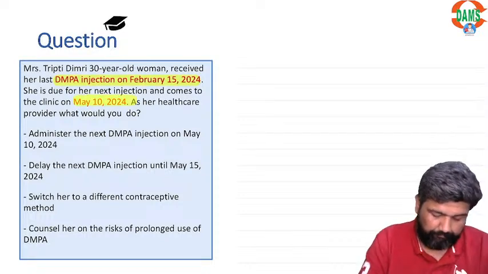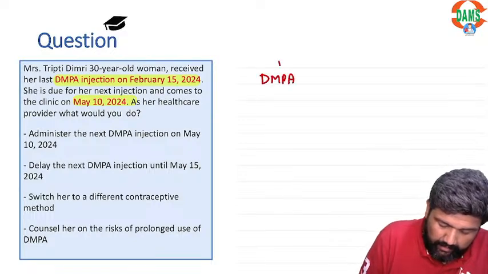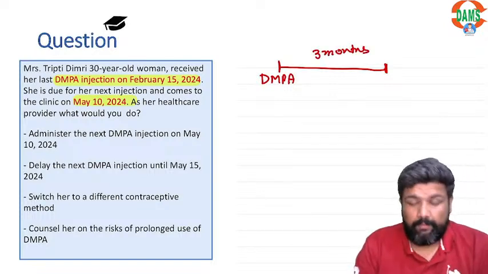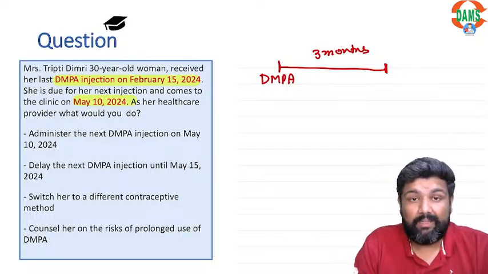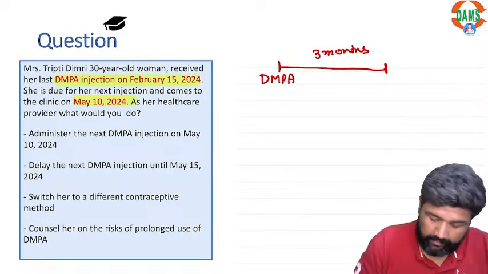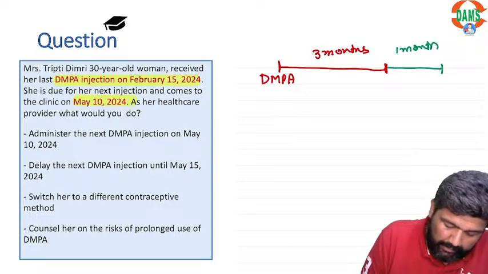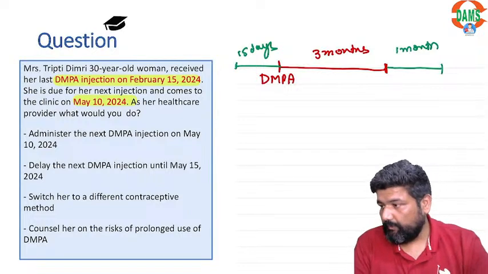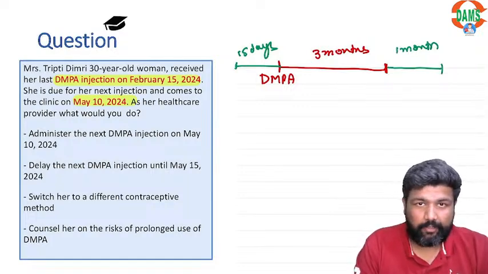DMPA injection. Guys, if I have given DMPA here, then I will ask the patient to come after 3 months. But exactly if she is not able to come in the duration, then till what time can we give? Now we can extend the date up to 1 month and 15 days. Yes, Asmita, good. Live birth divided by reproductive age female. Good beta, very good.